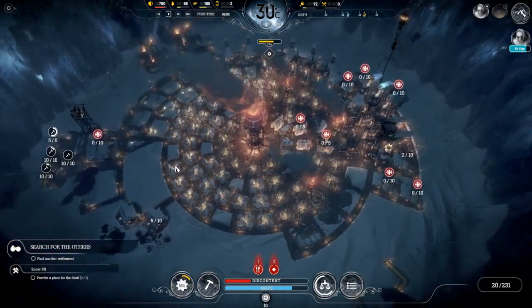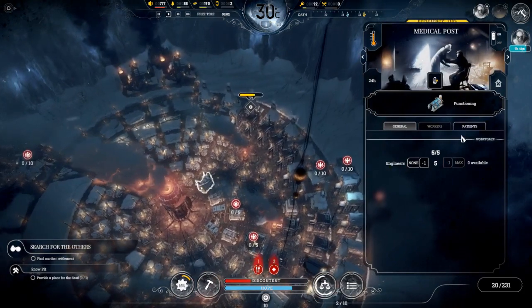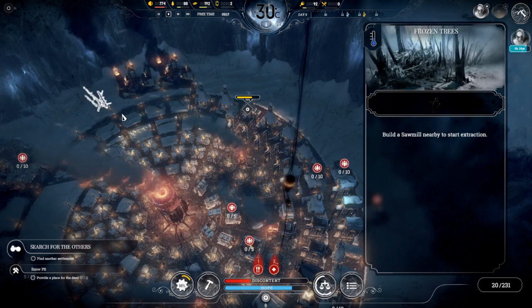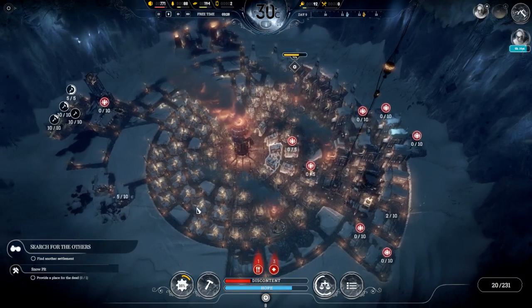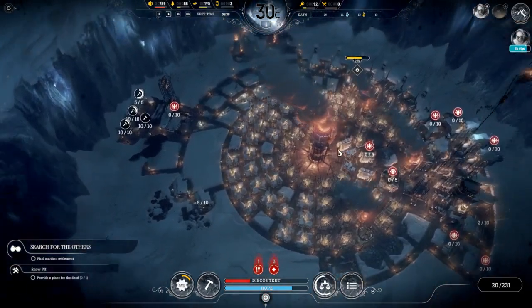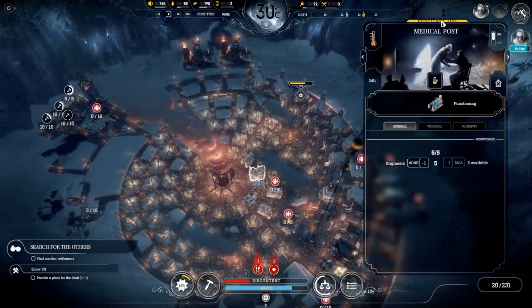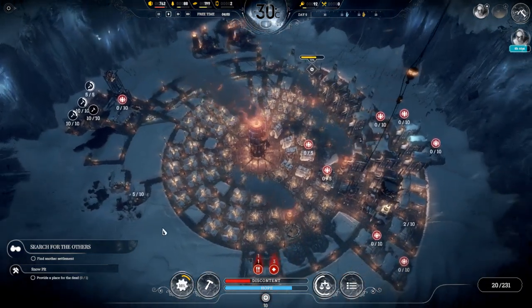You can always check how long it's going to take for your people to finish getting well. 2 hours, 20 hours, 22 hours. The more engineers you have in your medical facility, the quicker the people will get healed. So it is not one engineer per patient kind of thing. It's the more engineers you have, the more overall efficiency that you have per medical post. And everybody...